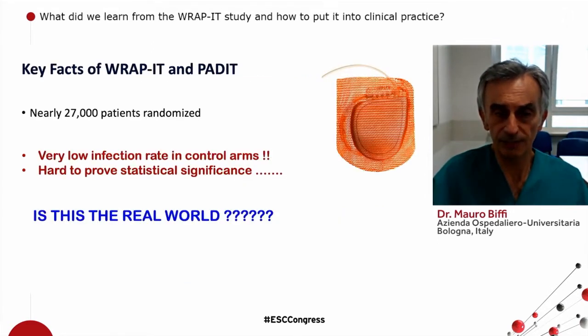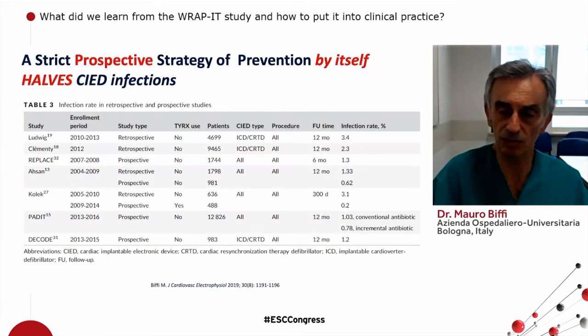Gathering together the ROPID and the PADIT studies, we had 27,000 patients who had a very low infection rate in control arms, raising the question whether this is the real world of clinical practice or the reality of randomized trials only. Indeed, real-life clinical registries show an infection rate ranging between 2.5 and 3.5%. The retrospective nature of consecutive patients clearly highlights that medical attention to the infection risk and enrollment into a prospective registry